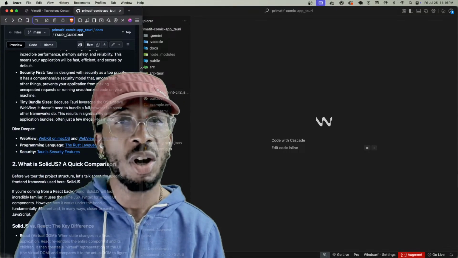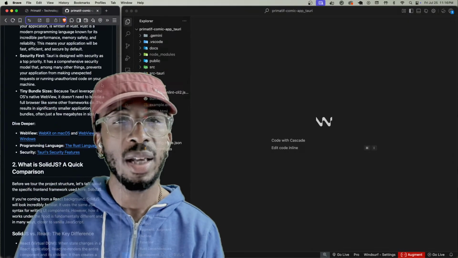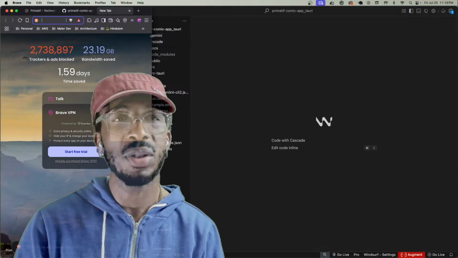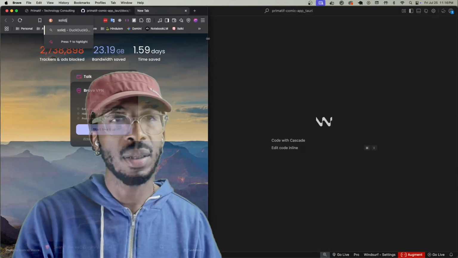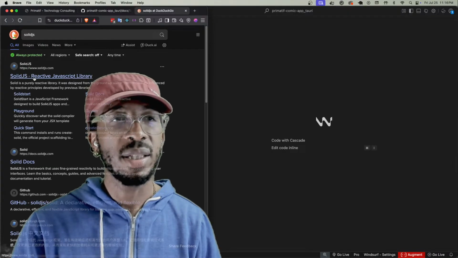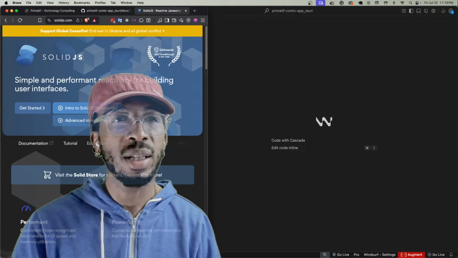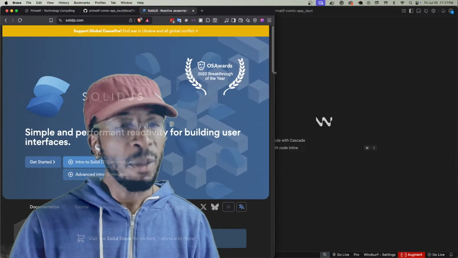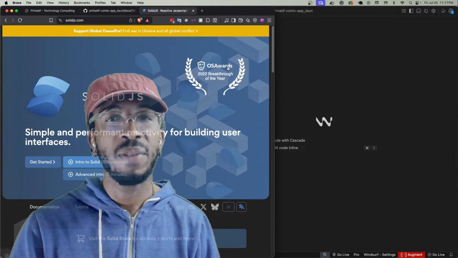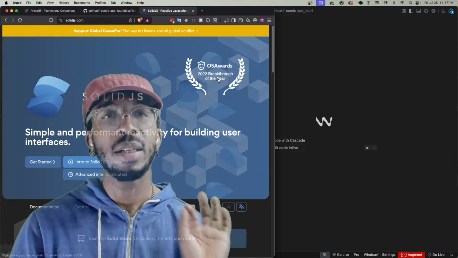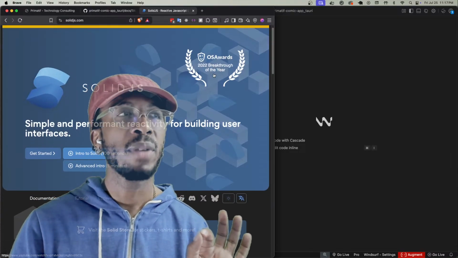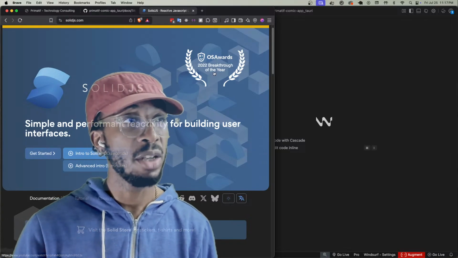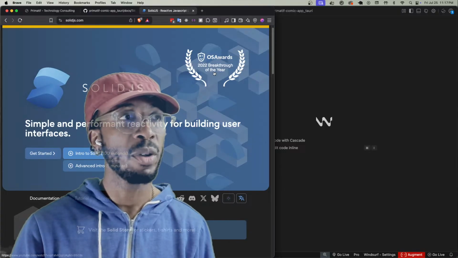Now, as I mentioned, Tauri is agnostic in terms of the front end that you can use. For this application, I elected to use SolidJS. SolidJS is a reactive JavaScript library for front-end development. And if you're coming from the world of React development, the major difference here is that in React land, whenever your front end is reacting to a change in the state,